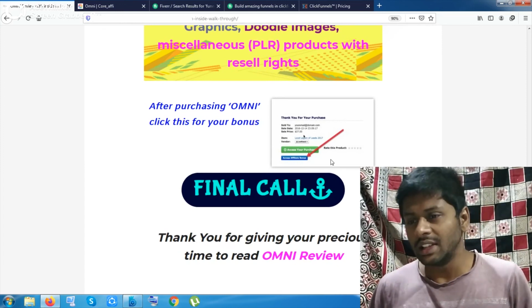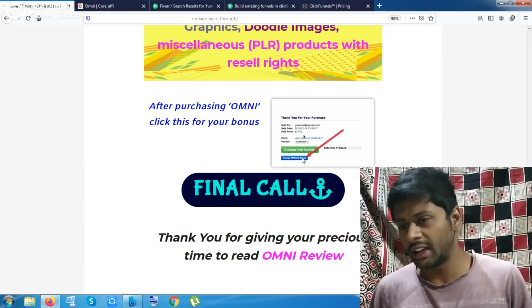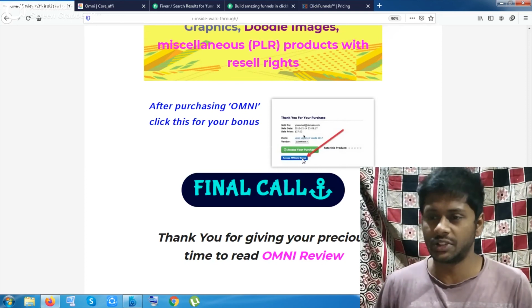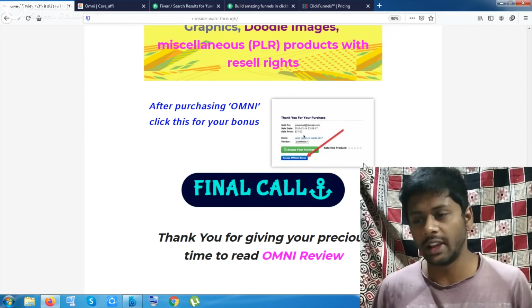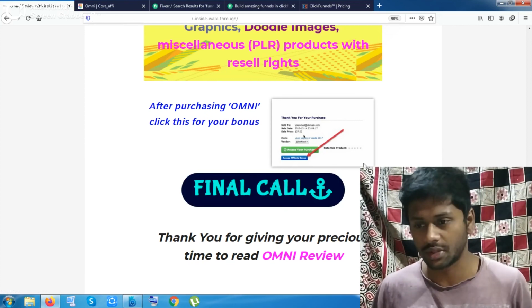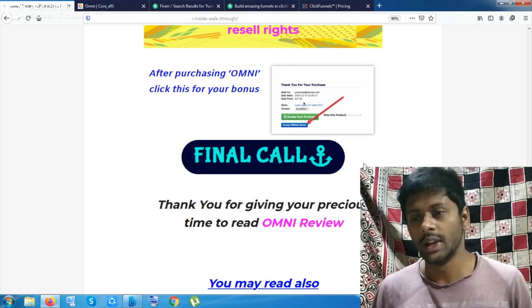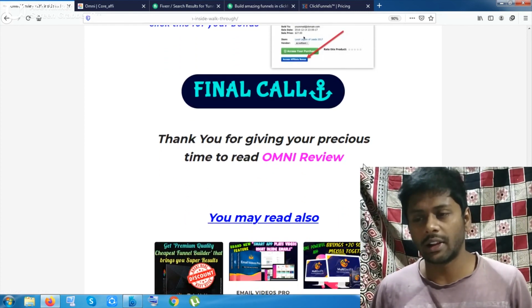And this is the button that can redirect you to the bonuses. Okay, to get this button you have to purchase this tool from this button and from my website, and after that you can get the bonuses and also all the other stuff I have cleared to you. Okay, so I think I have cleared the product and also my bonuses.